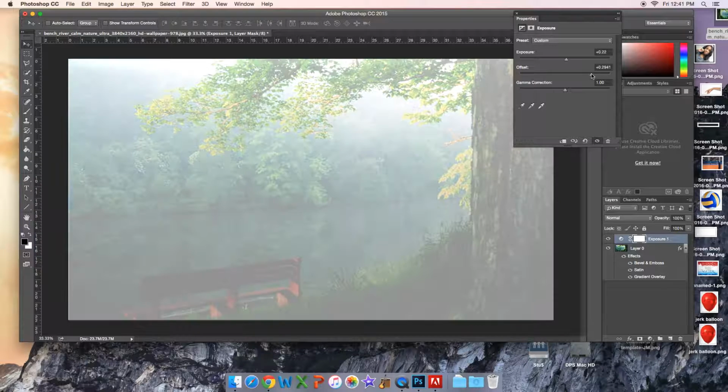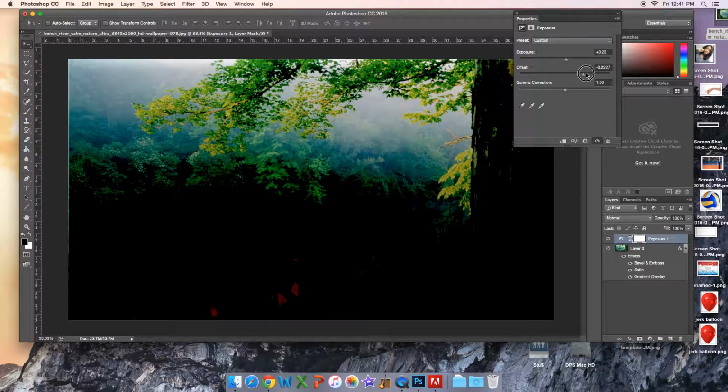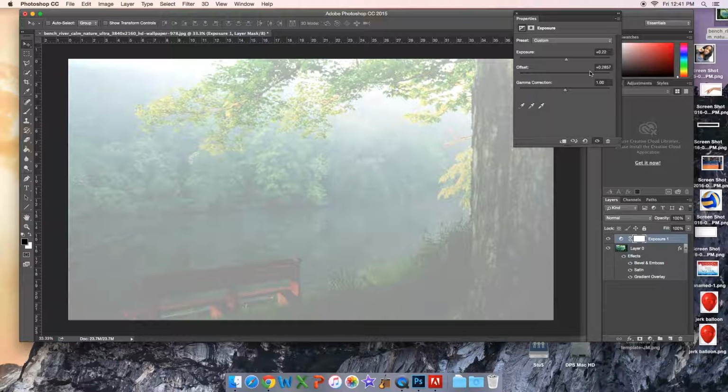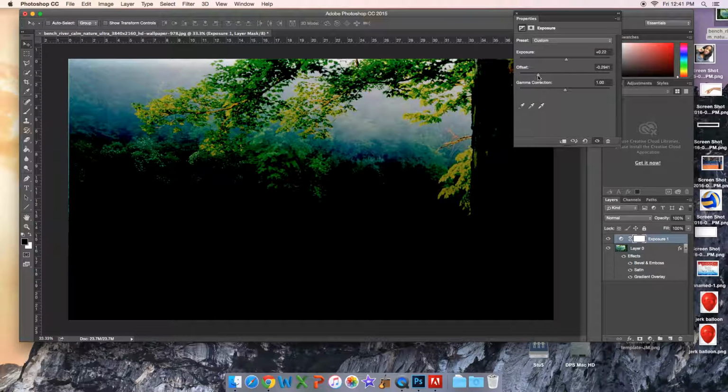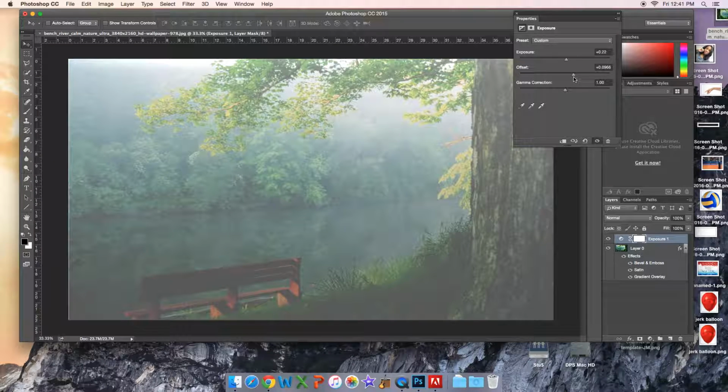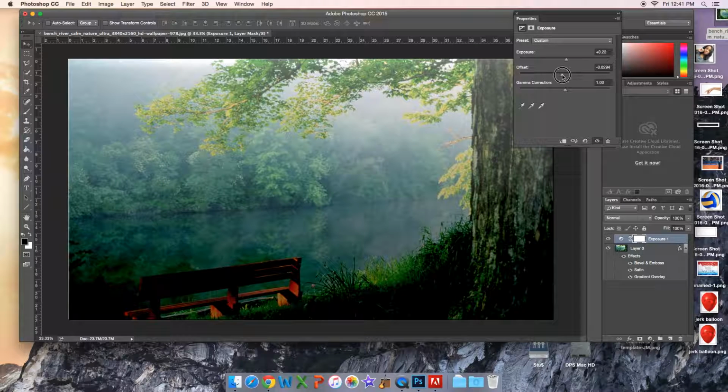Now for offset, as you can see, it sort of adds like an opaque white filter over it, or just really darkens it. So for offset, I'm just going to lower it a little. As you can see now, the edges are much darker, so it adds a nice contrast between the bottom and the top. Now for gamma correction,